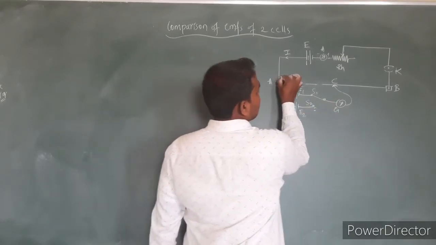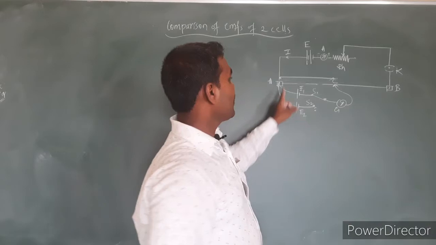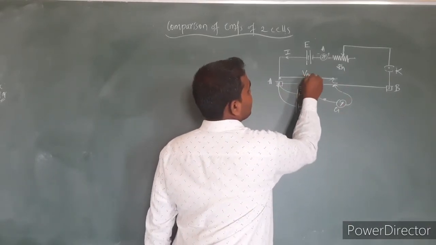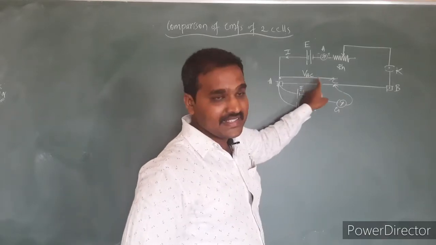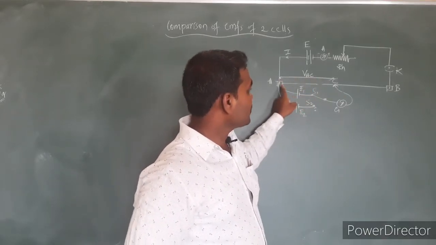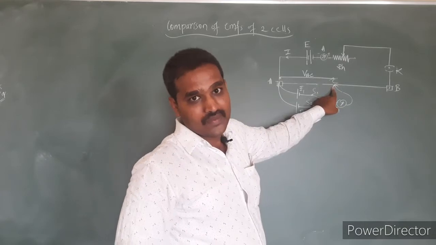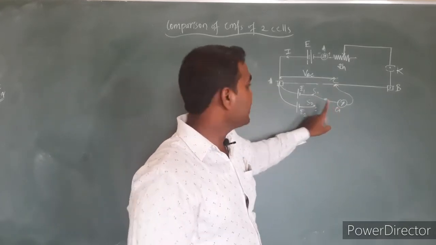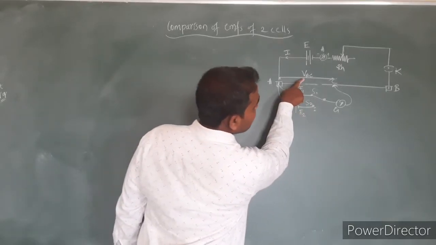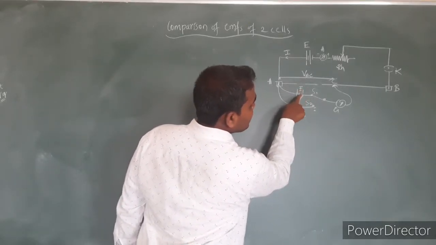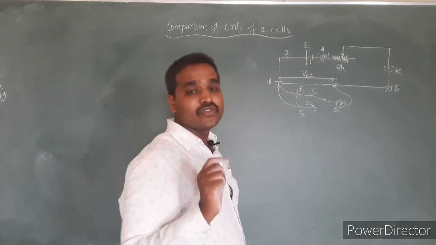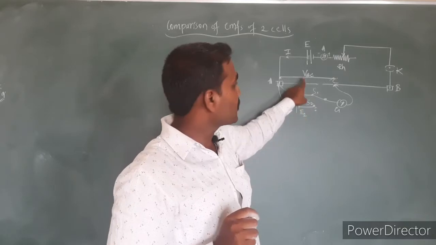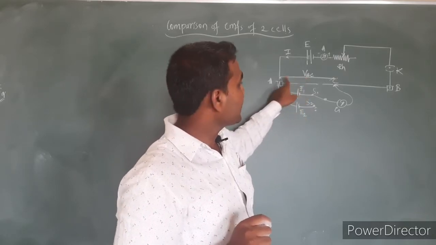See here, let us consider. So this is a metal wire of length AC, and there is some potential drop of VAC across this length of the wire. The galvanometer deflection will be equal to 0 when this potential drop is equal to the EMF of the cell. So when the EMF of the cell is equal to the potential drop, this potential drop again depends on